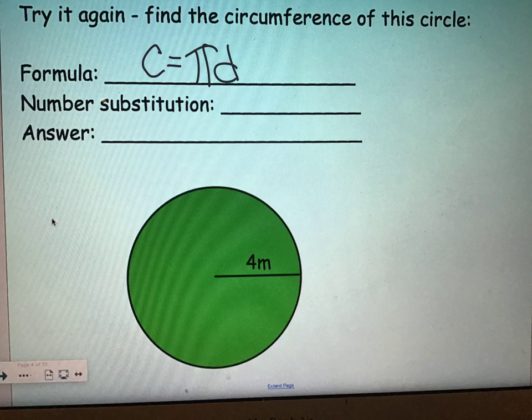And then number substitution means you're going to put numbers in for the formula above. So you don't know the circumference, that's what you're trying to do, but you do know pi, and so everyone underneath the pi is going to write 3.14. They're shoved together, so we put a times sign, and then we do the D. Now we are not going to get tricked here. You're going to look at the shape, and you're going to say,